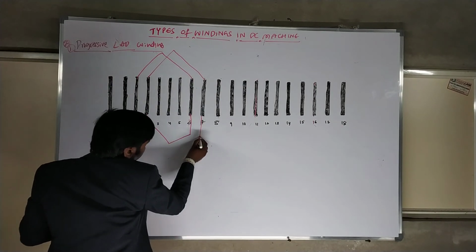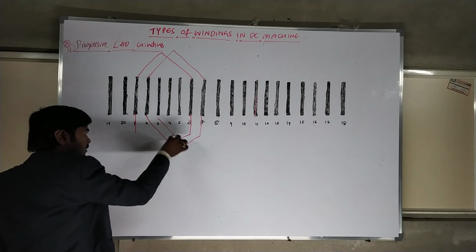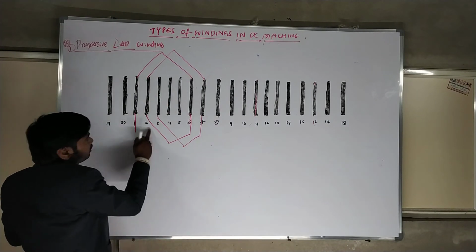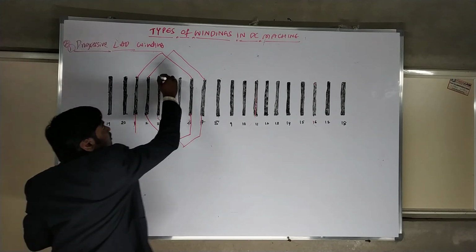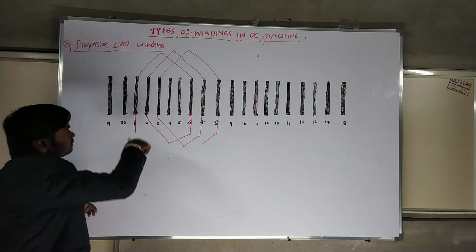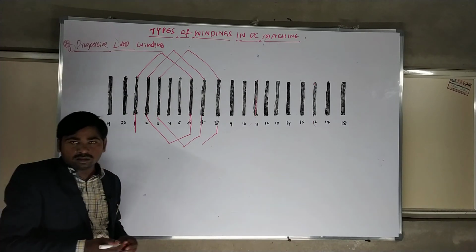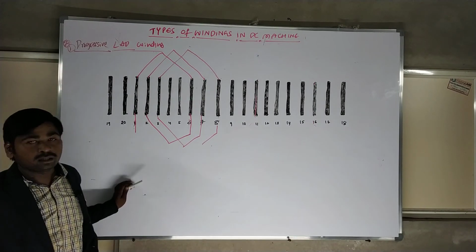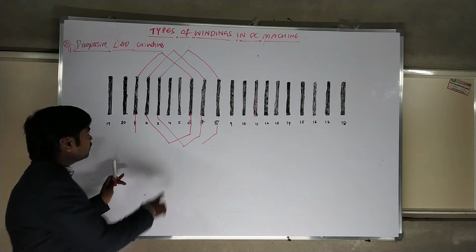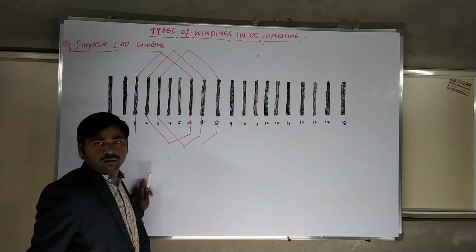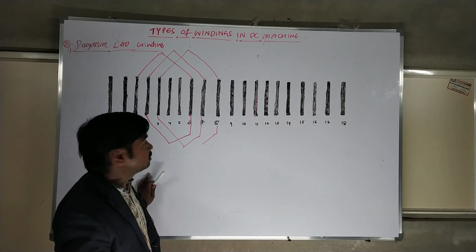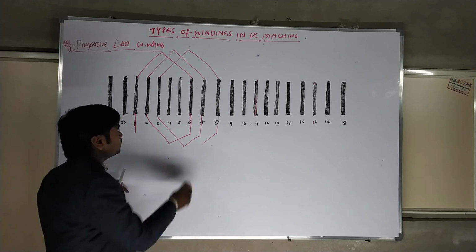After this, you come like this, then go like this. After this, one by one in a forward direction. After coil 1, you connect 2, and 2 connects to 3. The winding should go like this. This winding should go in a forward direction. This winding is called a progressive lap winding. Basically, it's lap winding, and if the winding is connected in the forward direction, it comes under progressive lap winding. Clear?